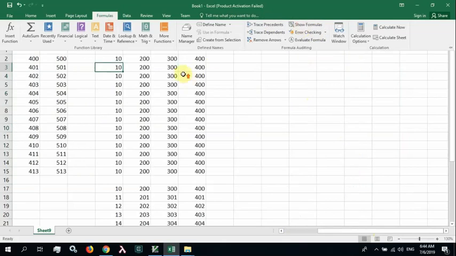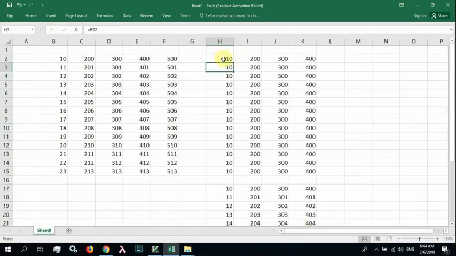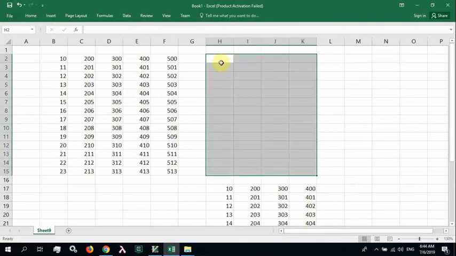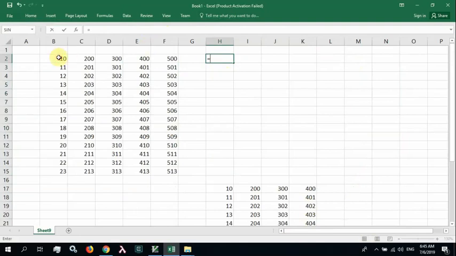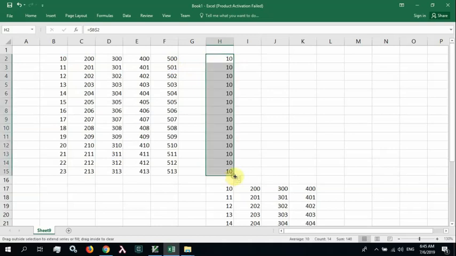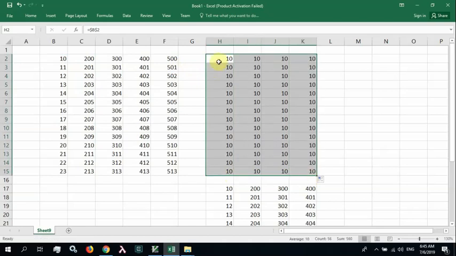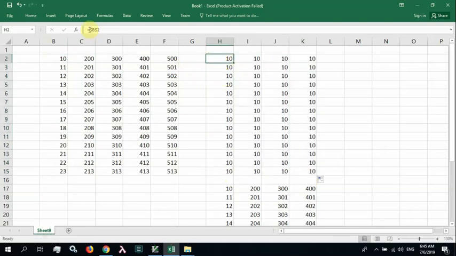If we lock both columns and row, let's try to delete this. Lock both. You scroll all this way down, it's 10. And if you scroll this way, it is also 10, because both its row and column is X and Y,